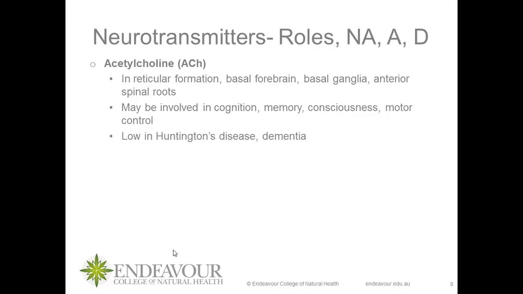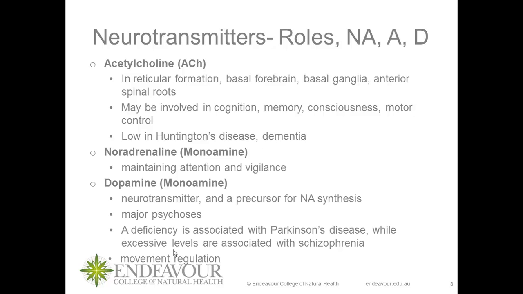This is the basal ganglia, basal forebrain, and other structures that are affected. Dementia is a disease where you see changes in cognition and memory, later on consciousness and motor control. So once again, some of the similar physiological systems, the reticular formation or those other structures being affected in the CNS. Noradrenaline is a monoamine